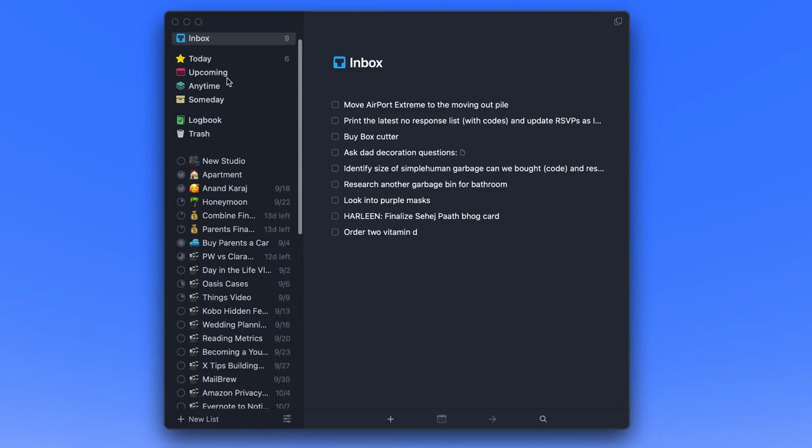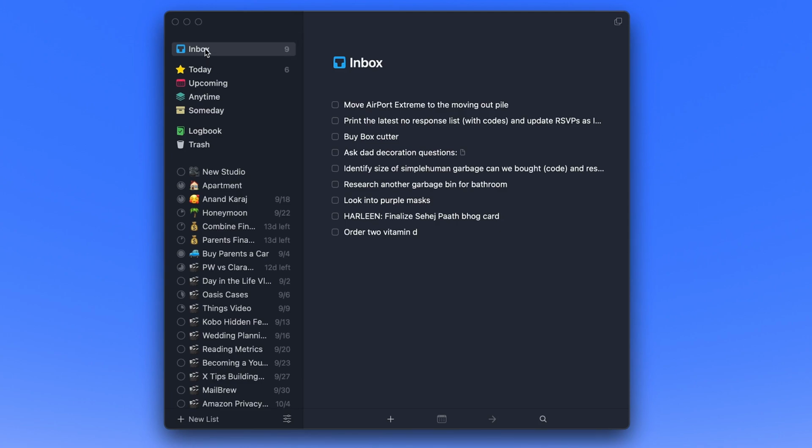So in Things, we have the inbox, and this is where I am right now, the first tab at the top. The inbox is where I am when I input new captured tasks. Anything new ends up in the inbox, and I have to go through here every night or once a week, whatever you decide to do. I go through every night for myself and organize my inbox and dump all the tasks into the right area or project. But I do this in a very specific way that Tiago recommends in his blog post.